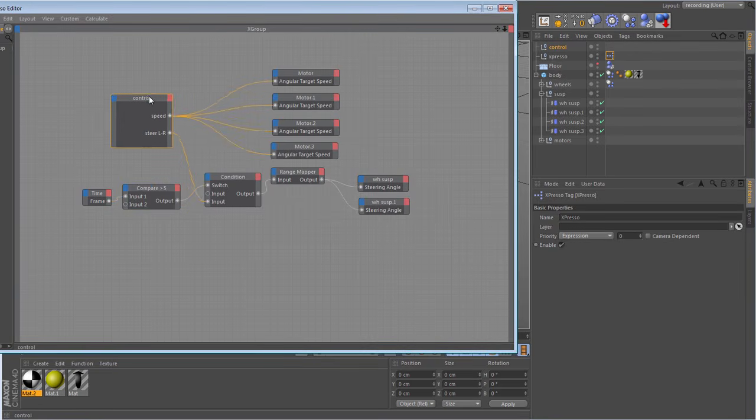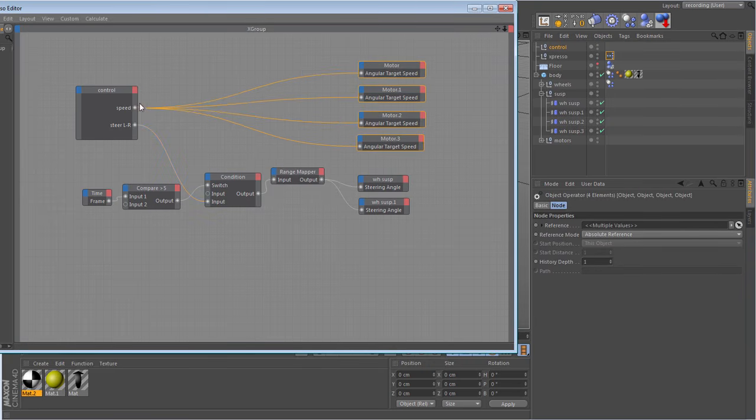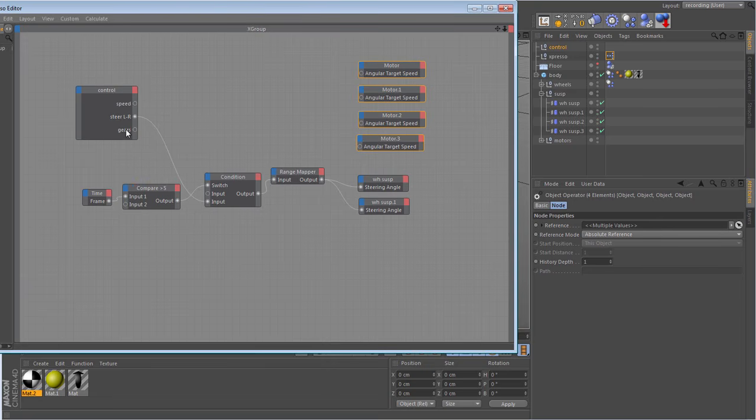Right, well, my plan is this. I'm going to put another node. I'm going to intercept the line going from the speed to the angular target speed of the motors, where I can multiply the speed value by either -1 for reverse, 0 for stop, and +1 for forwards. So I need to break these connections here and put a couple more nodes in here. So I need an output from my control panel, the gears. I'll just drag this to the top.